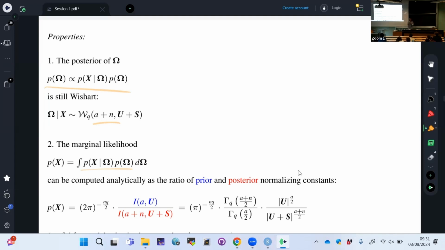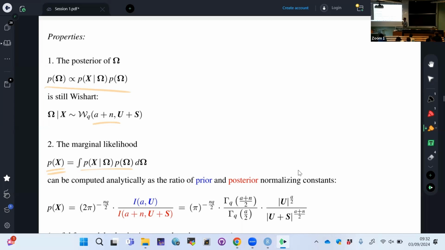And if we integrate with respect to omega, then we obtain the marginal distribution of x, which we can call p of x. This will play a crucial role in Bayesian model selection in general, and in particular in Bayesian graphical model selection. Another property of the Wishart prior is that even this integral can be computed in closed form